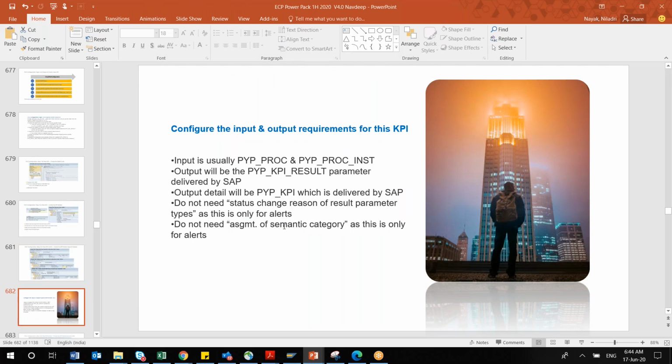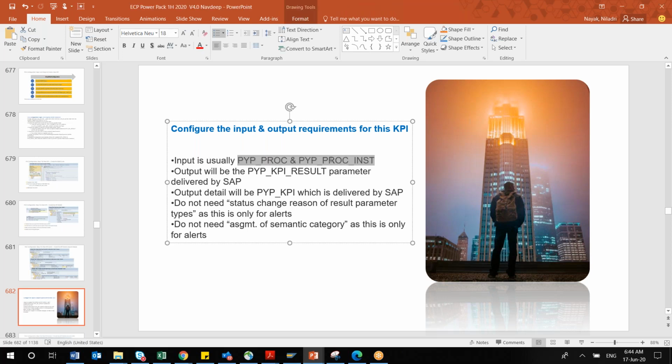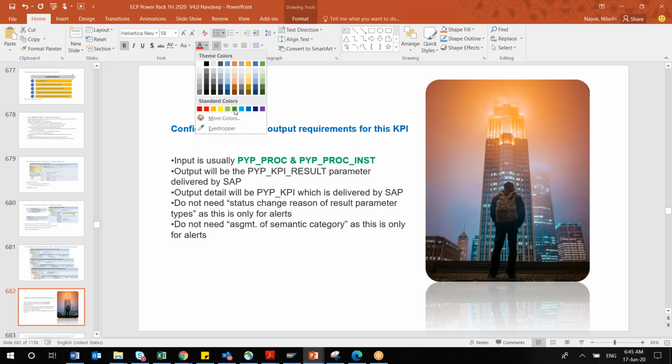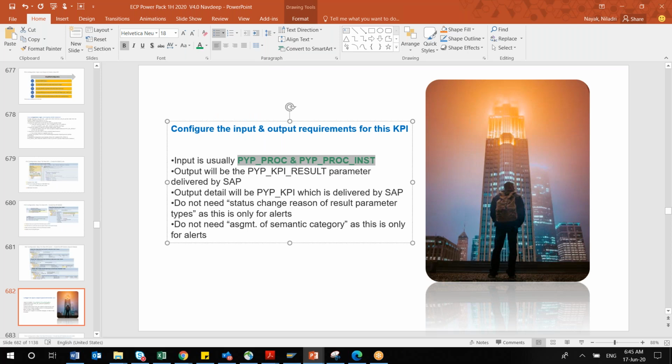If you see the presentation, whenever you're configuring this KPI, the input is typically this. This is actually a direct question in the typical certification. I just highlighted here what the typical input for a typical KPI is: PYP_PROCESS and PYP_PROCESS_INSTANCE. The delivered output will be PYP_KPI_RESULT.